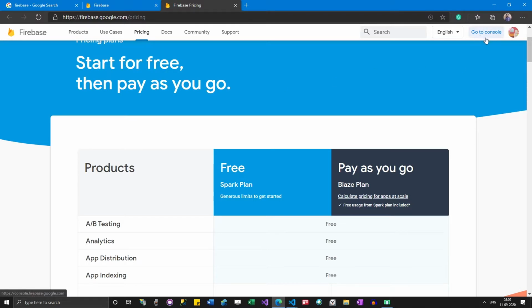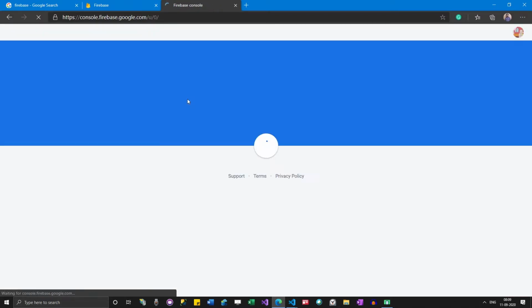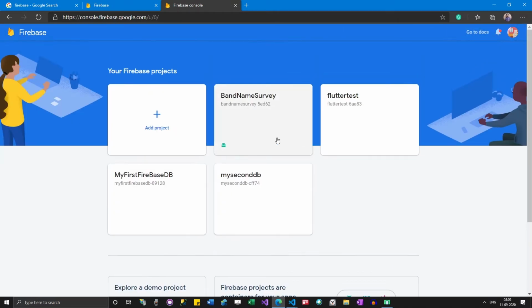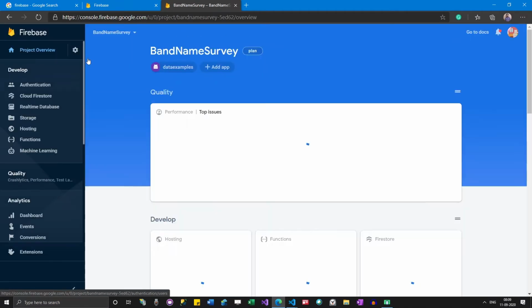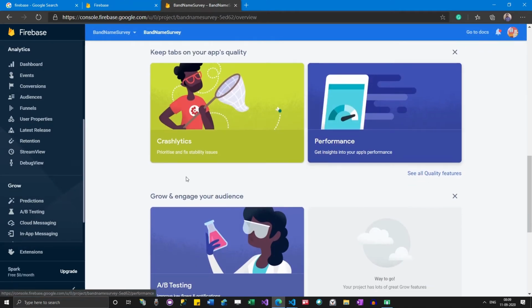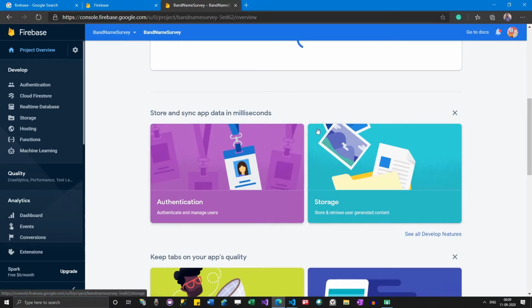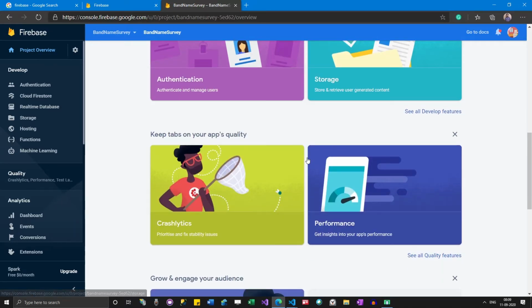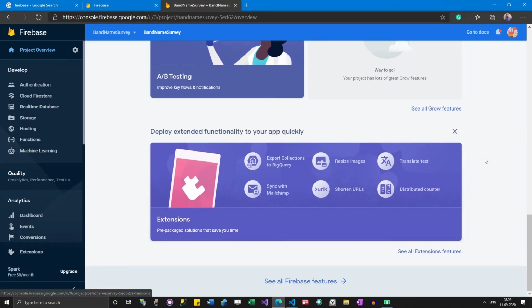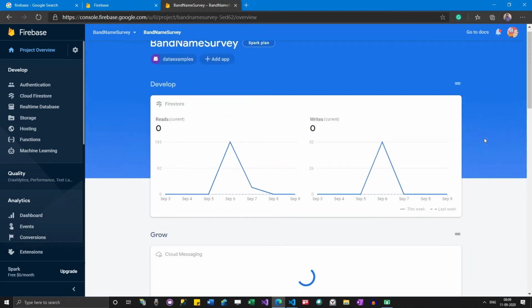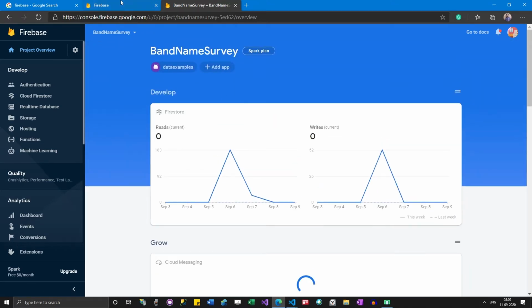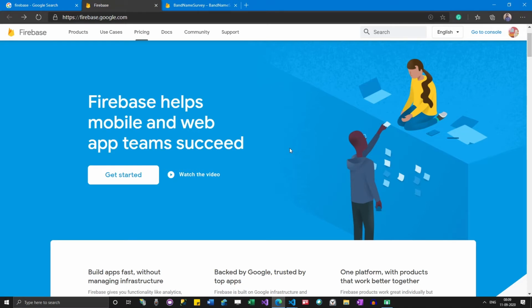See, whenever we go to console, it actually loads it. If I click on something like this, it will actually load some internal option. These kinds of things are called portals. These are also websites, but I prefer calling them portals. Portals are dashboards.